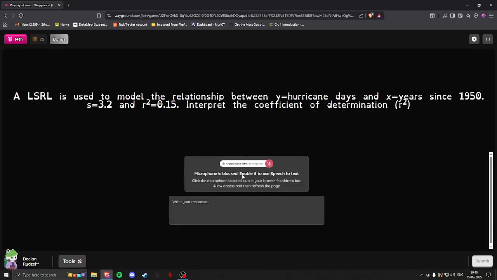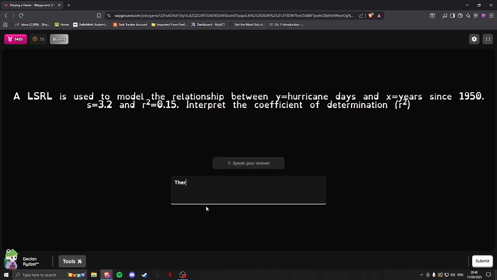Interpret the coefficient of determination. Okay, so interpreting the coefficient of determination is relatively easy. If it's low, like 0.15, that means there is a low correlation between the years after 1950 and the number of hurricanes, because